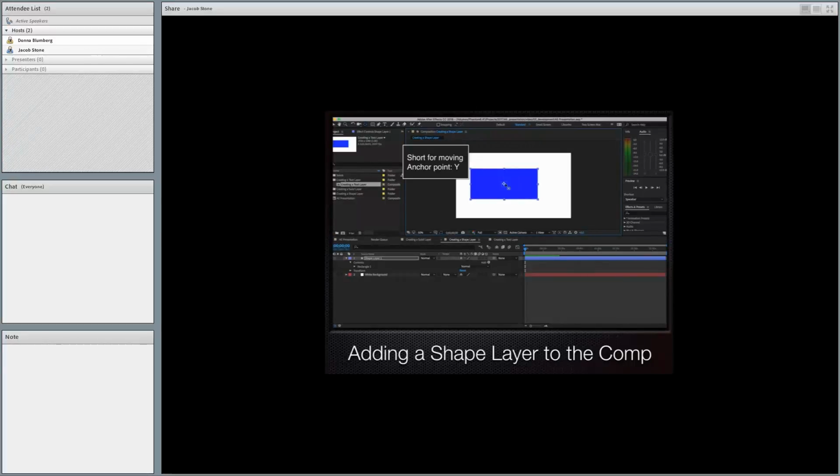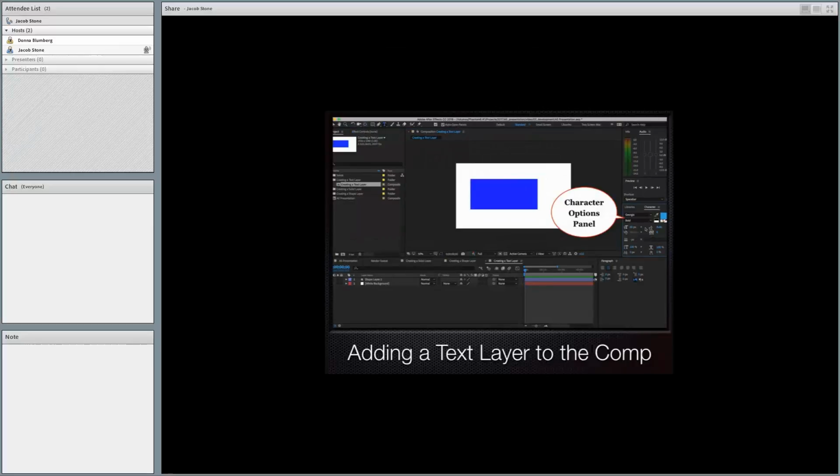So now that we have the shape layer created, let's go for a text layer. Right here is the character options panel on the side, which is what we will be using to edit any text once it's on the timeline. You have your font type, whether it's bold or regular, different spacing options, color. So to add a text layer,